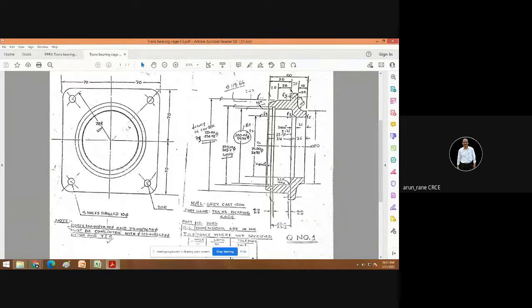Now here the length is 10, whereas the length of this bore is 26. So what I suggest, you calculate separately. So pi by 4 into 10 square into this length, that is 10, minus pi by 4 into 7.5 square into this length, that is 26, and plus this taper. So that also you can add.